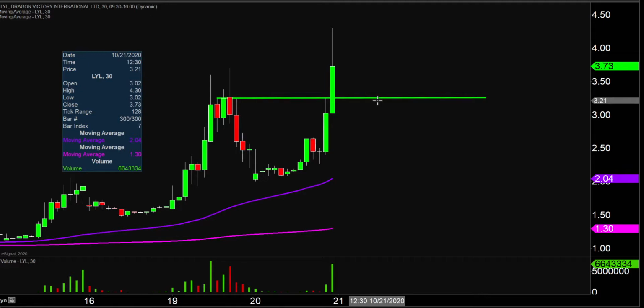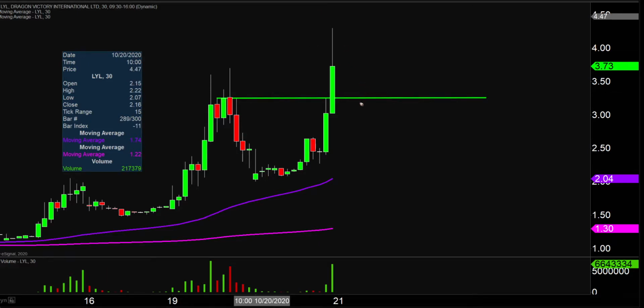When you say, hey Clay, what would make this chart look the absolute best going forward? Well, ideally, if the price can stay above 325, that would be a great sign of strength. Now, with that being said, don't get me wrong, if the price falls below that area, not the end of the world, because taking a step back and looking at all this from the bigger picture,